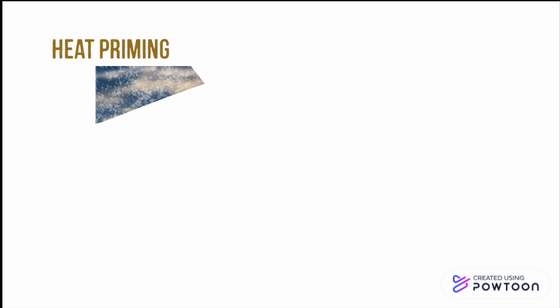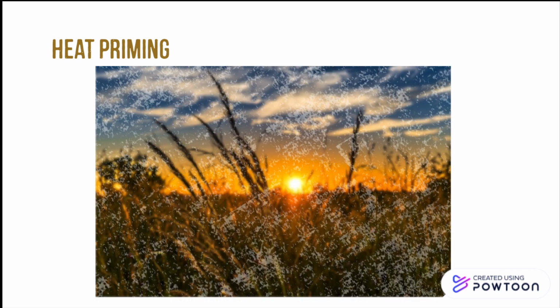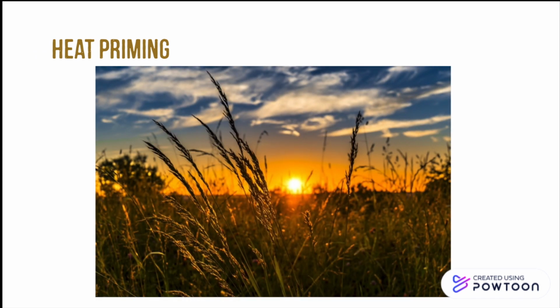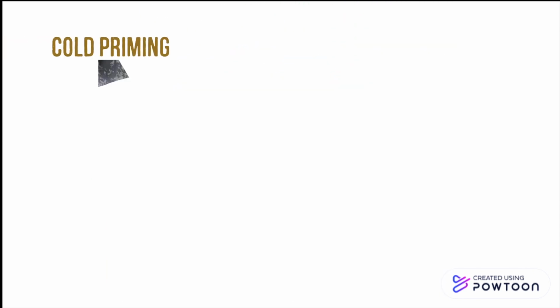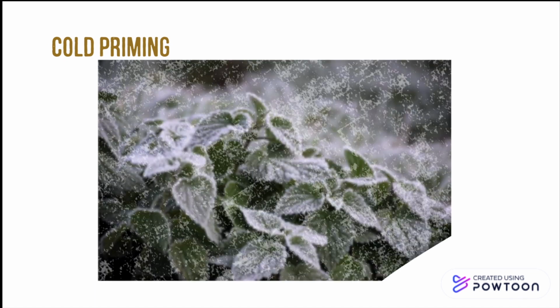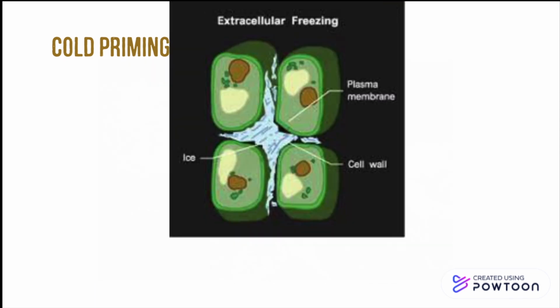Heat priming is used to defend and improve tolerance of the crops against heat stress so that its physiological processes such as photosynthesis and etc. are not affected. Whereas in cold priming, it is to improve the crop's tolerance towards low temperature and prevent cell membrane